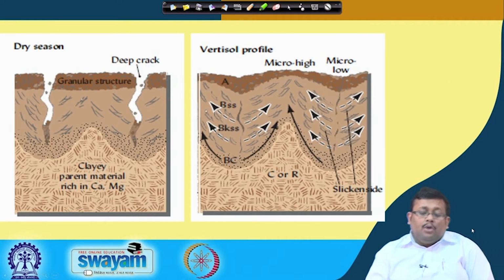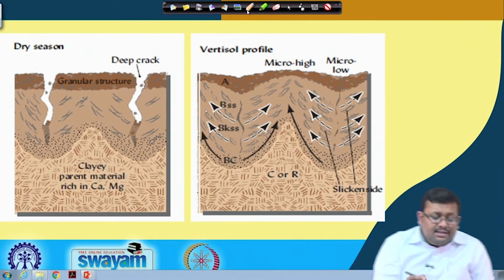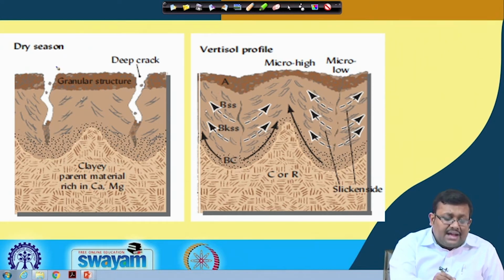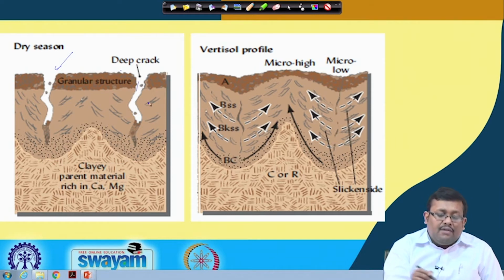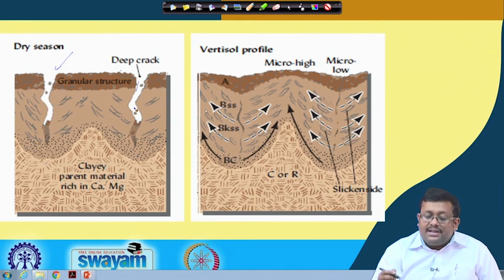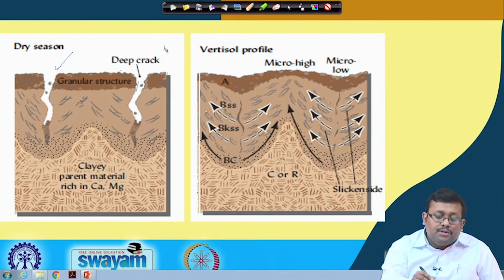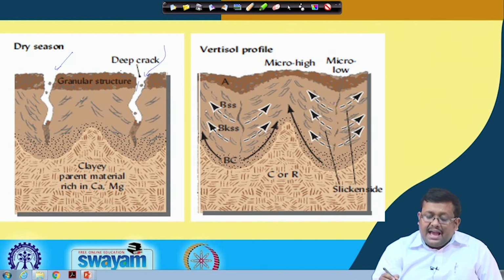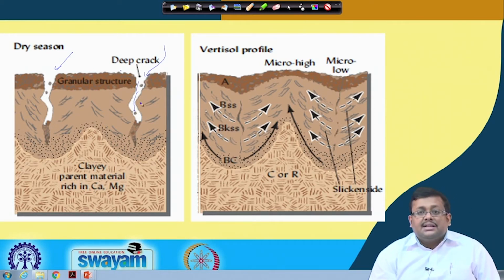Now as I have told you, during the dry season the vertisols develop these larger cracks, and in these larger cracks the surface soil particles generally move due to different types of wind actions or animal actions, and then they seal these cracks. Now during the rainy season or the wet season, when water moves down into these cracks and fills them, the soil present in the cracks swells, and as a result of swelling,